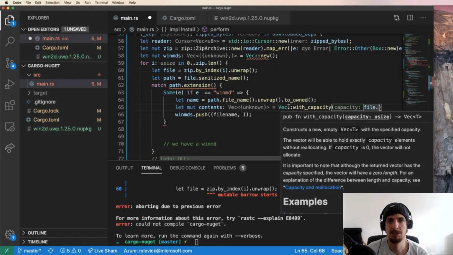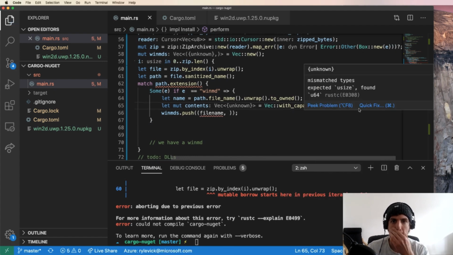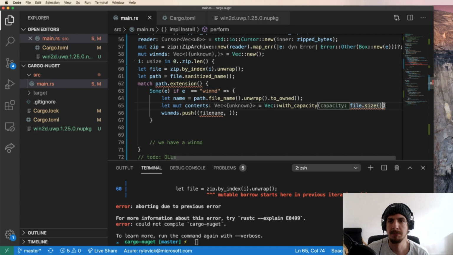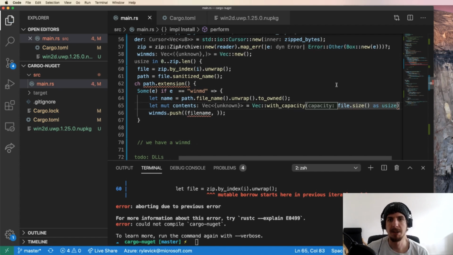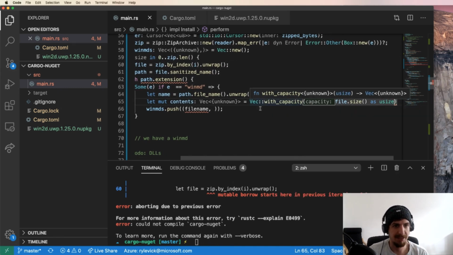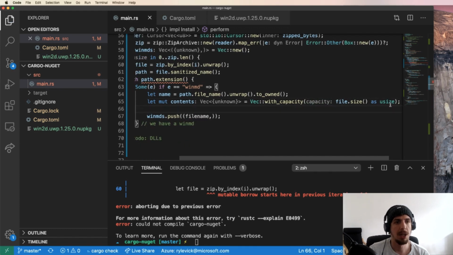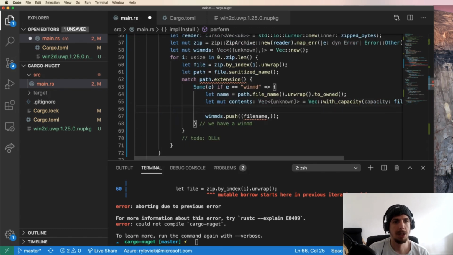That sounds good. Try that. So we're getting the file size when it's uncompressed. Then we can allocate a vector that is that capacity, and then we can call file.read contents,